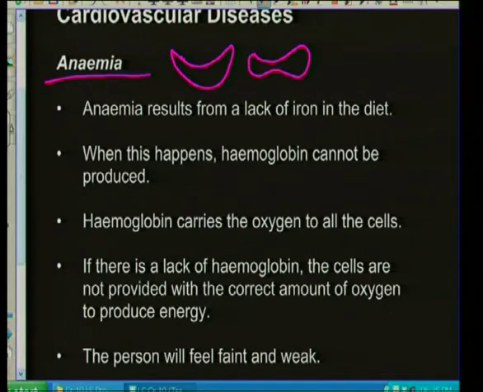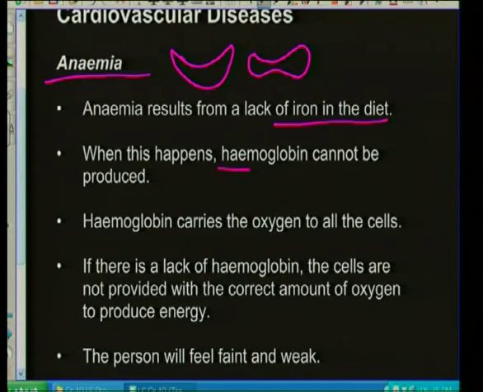So we can already see from this diagram, this red blood cell has a large surface area, and because of its shape, it can squeeze in and out of capillaries. This one here, because of its sickle shape, has less surface area, and it can get stuck in capillaries and cause problems. So because of the situation, the person has a lack of iron in the diet, and